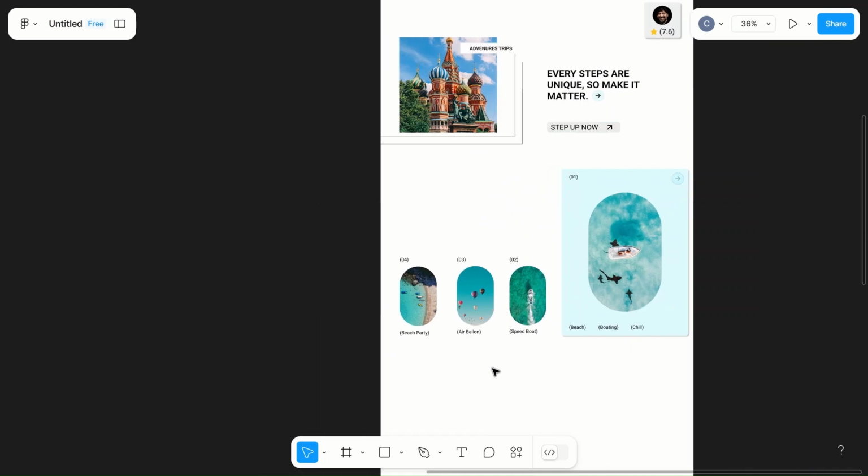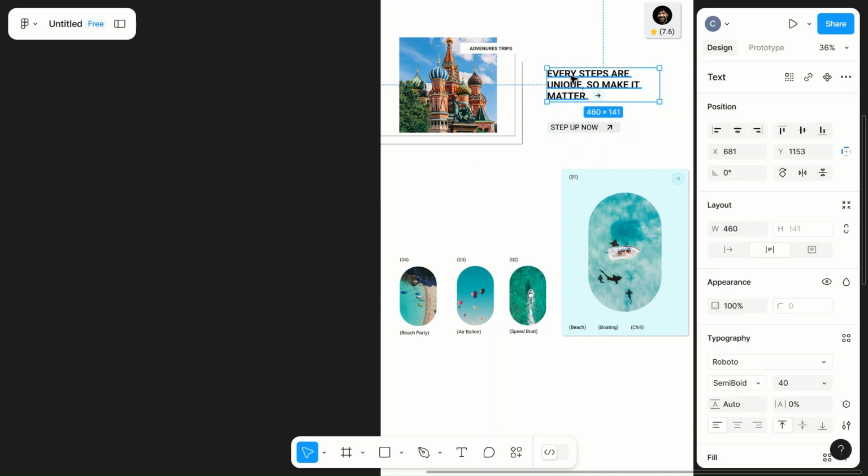I need to add some more text above here, like just a heading. Okay, so we have just duplicated, not much to change. We can add experience, experience the fun,